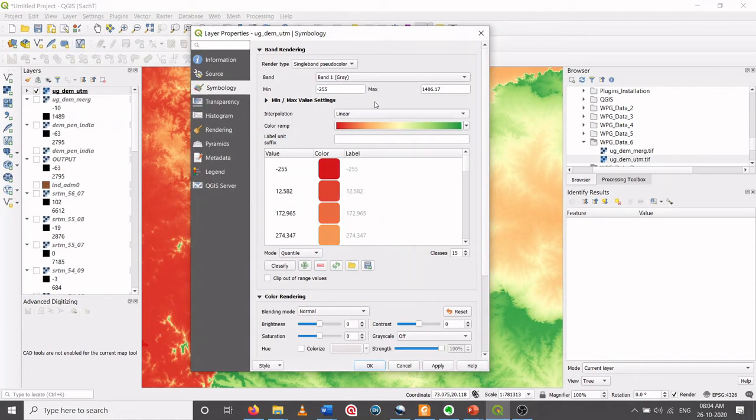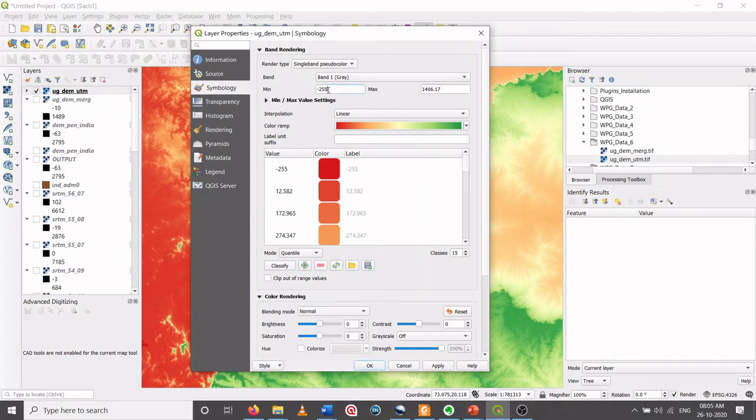Don't make any changes over here. These are the minimum and maximum values of the elevation. You see the minimum value of minus 255. A negative elevation is not possible for a land area. It is possible for the ocean, where the depth is minus 255 from the mean sea level. However, in the case of a geographical area covering land masses, these values are given.